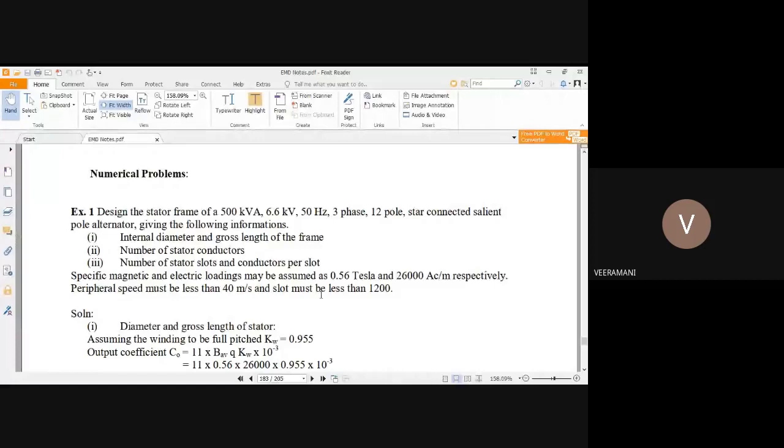Peripheral speed must be less than 40 meters per second, and the slot must be